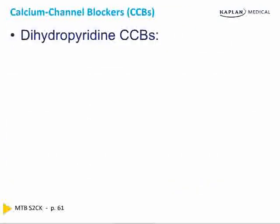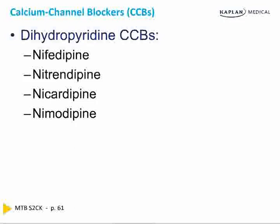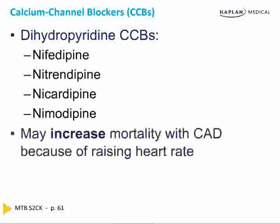Calcium channel blockers are difficult for students. You want them to lower mortality. You think they ought to lower mortality. They should lower mortality. They don't lower mortality, not in coronary disease. Now, the calcium channel blockers, particularly the dihydropyridines, nifedipine, nitrendipine, nicardipine, nimodipine, felodipine, amlodipine, there's 9 in the class, all lower blood pressure, and they are used for people who can't tolerate beta blockers. They don't make your mortality go down, and in some people, they can actually increase mortality